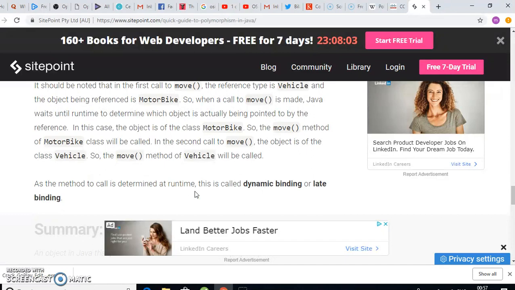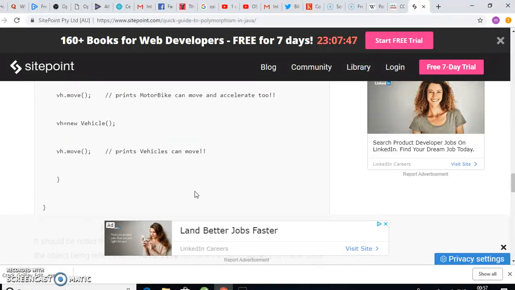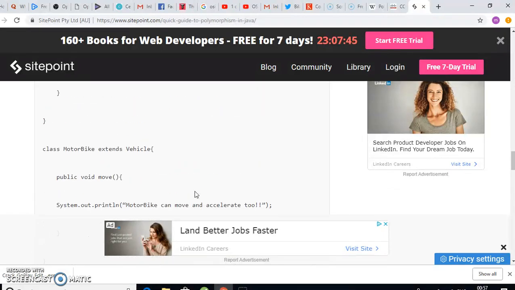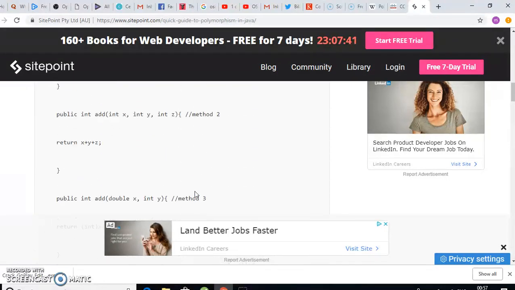So this one works at runtime. At runtime it decides which method to call, which class to call. So it's also called dynamic binding or late binding. So as you can see, there are two types of polymorphism, dynamic polymorphism and